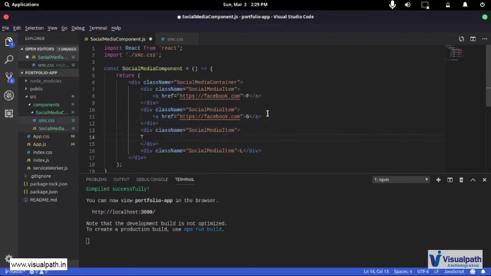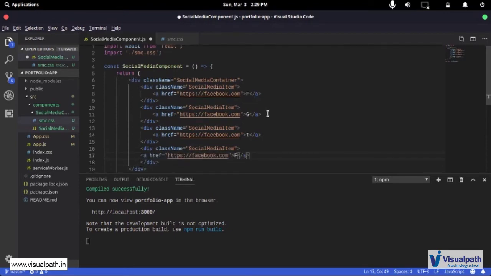So let's remove this, let's paste this, and this was for Twitter and the last one was for LinkedIn. So let's do the LinkedIn also, so L. Now let's just change this to GitHub, and let's keep the other two similar.